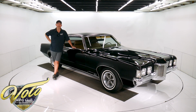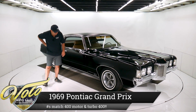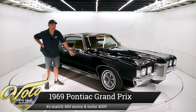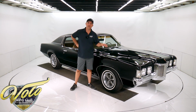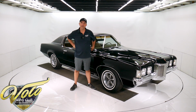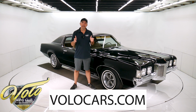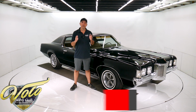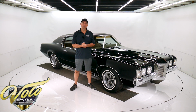Here's a car you just don't see that often, a 69 Pontiac Grand Prix. It's the S Model J, so it has the bucket seats, console. It's a number matching 400 motor, number matched Turbo 400, and it is about as rust free as you can get underneath this car. If you go to volocars.com, you can inspect the pictures, you can read the specs, you can get the price, not only on this car, but we have a few hundred collector cars all for sale